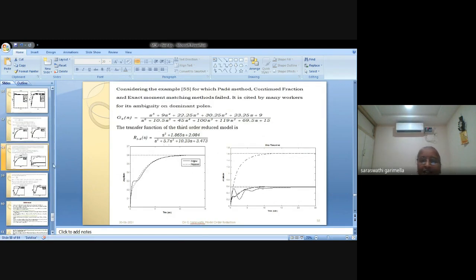And there is another method. See this tip, very small tip. It is very, very difficult to follow because it is having repeated poles as well. So mine is following, but there are other methods which are not at all following, maybe oscillatory, maybe something, but I got it properly.